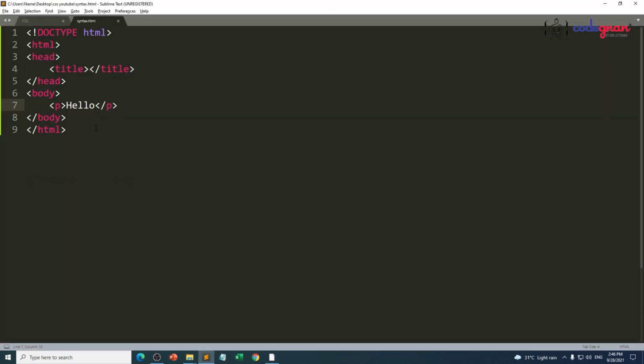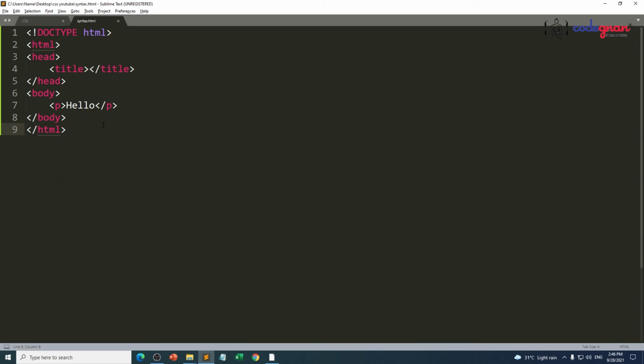If some of you don't know what this paragraph is, how it is working, what this HTML is, what this head is, what all this stuff is, then we have already planned a series of videos on HTML and we have done them successfully. If you are interested to learn about HTML also, please go through that particular link. We are going to share that link in the description. Please watch and understand HTML first of all. Only then will it be helpful for you to understand CSS clearly.